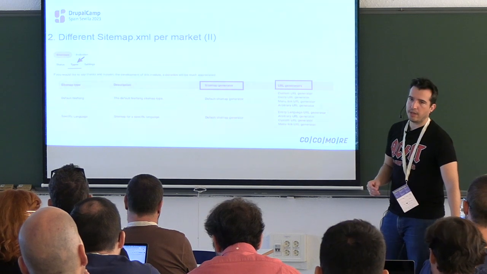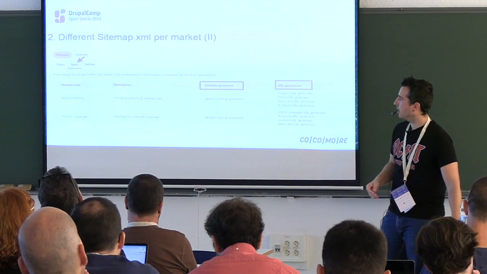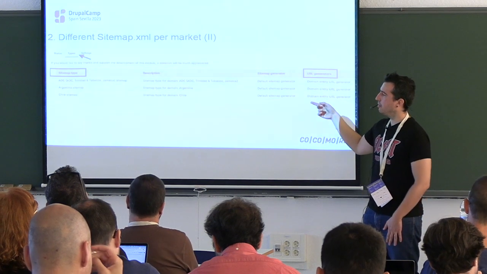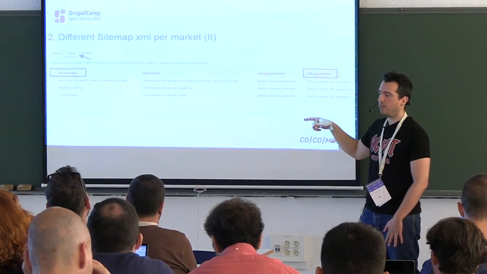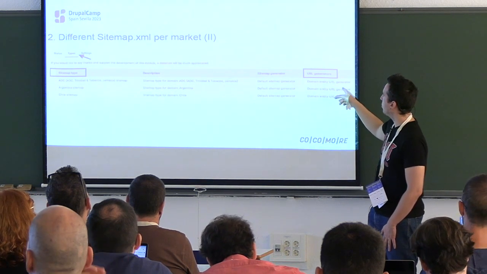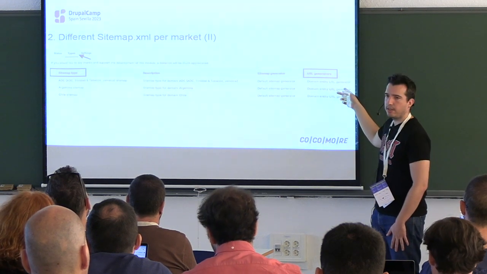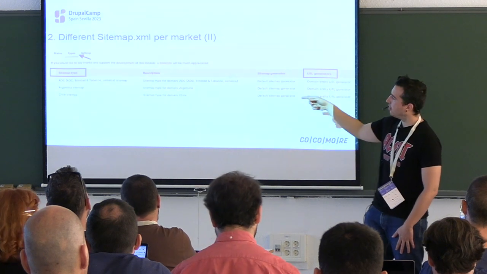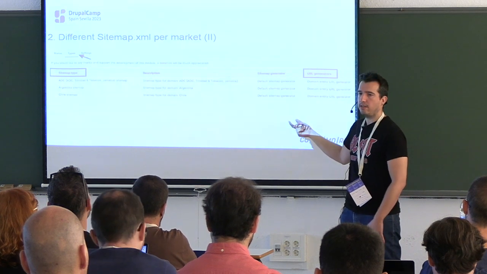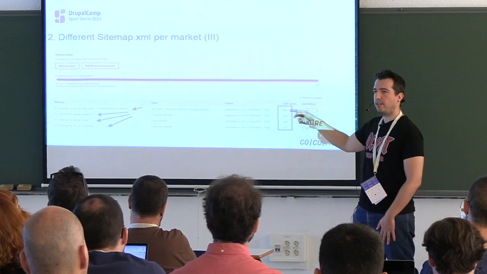So what's the difference that we have once we install the module? This is the default scenario that we saw before, and what changes is that for our case we need to define one sitemap type per market, right? The module is also providing us a domain entity URL generator. This way to detect the URLs does all the magic. So the only thing that we need to do is create different sitemap types, associate them to each of our markets, and then create one sitemap of each of the types, right?